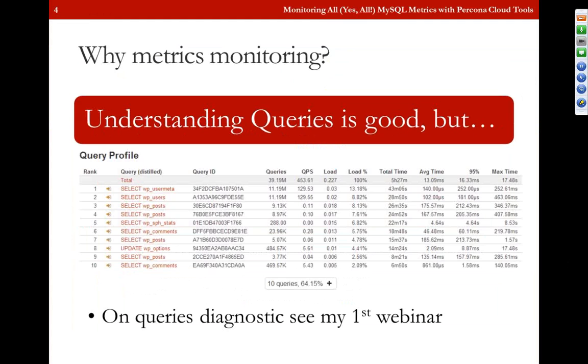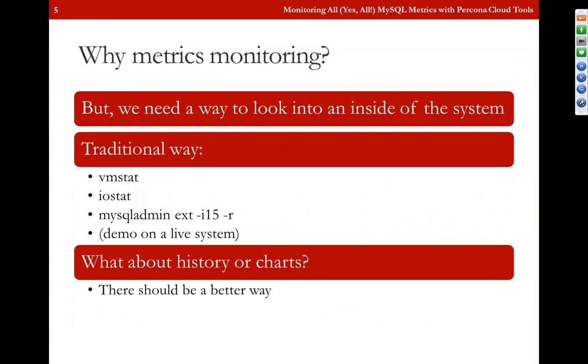In my previous webinar I highlighted that a query is a kind of minimal unit of work for a database, and it is very important to understand and see what queries are running in your database. So why are we now speaking about metrics monitoring? Even when we understand and diagnose what is the most important and most problematic query in a database,